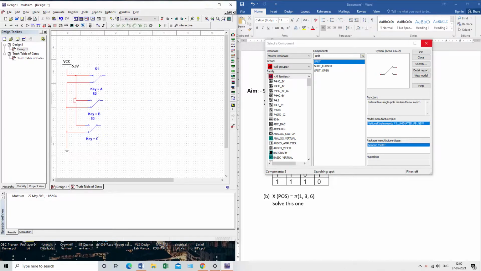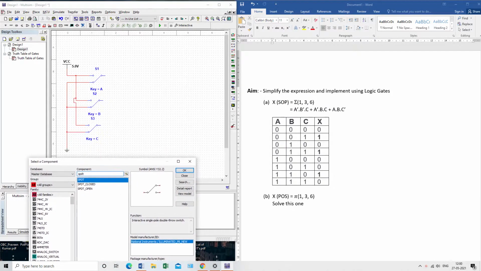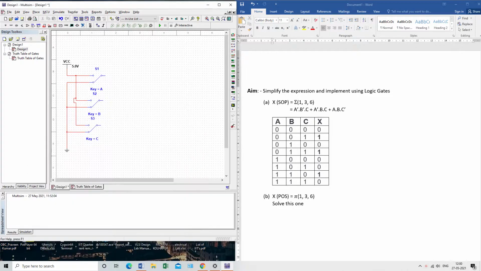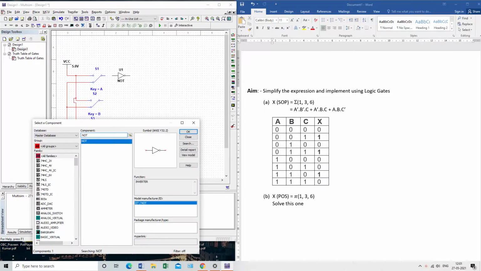Now what I need, A, B, C is already there. So for the first expression, as you can see, A dash into B dash into C. For the first expression, first we need A dash. For A dash, we need a NOT gate. Here it is, the NOT gate. I will place one NOT gate here. Now for B also, we need a NOT gate.